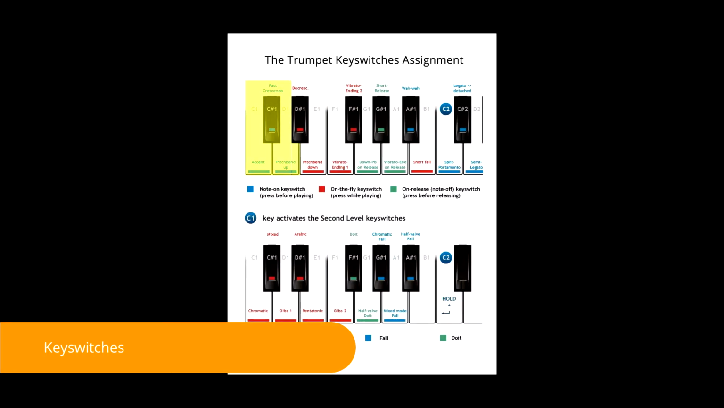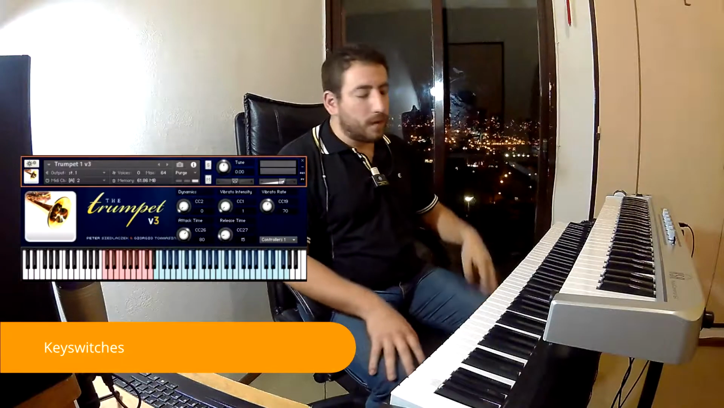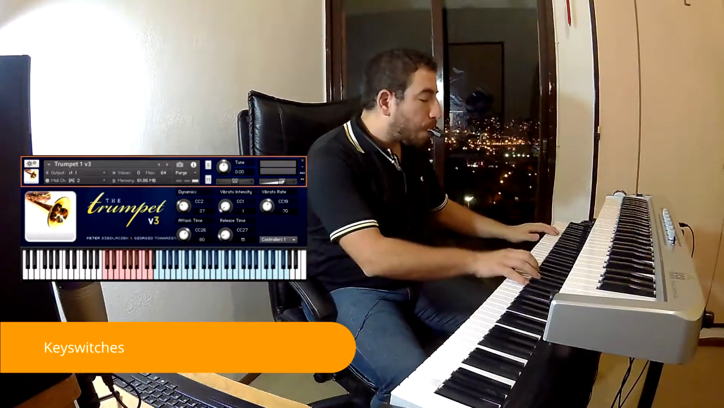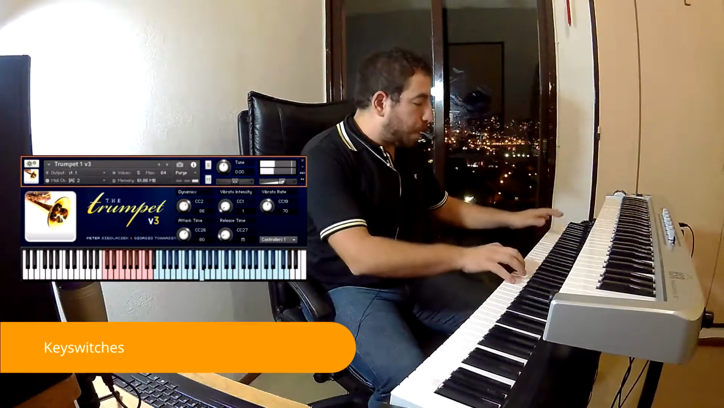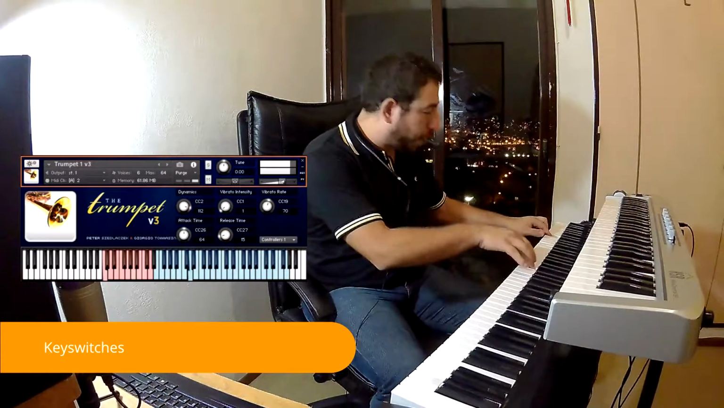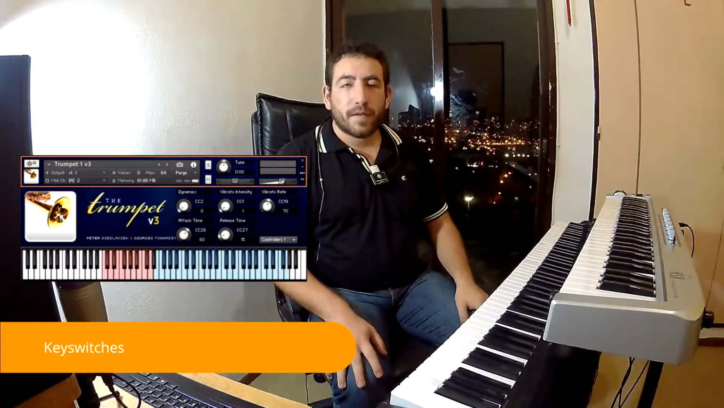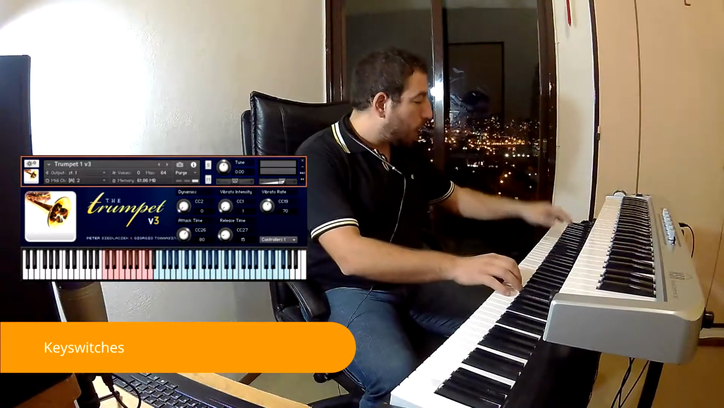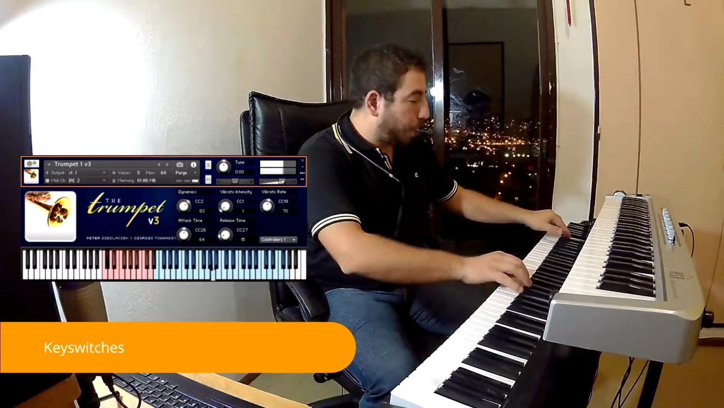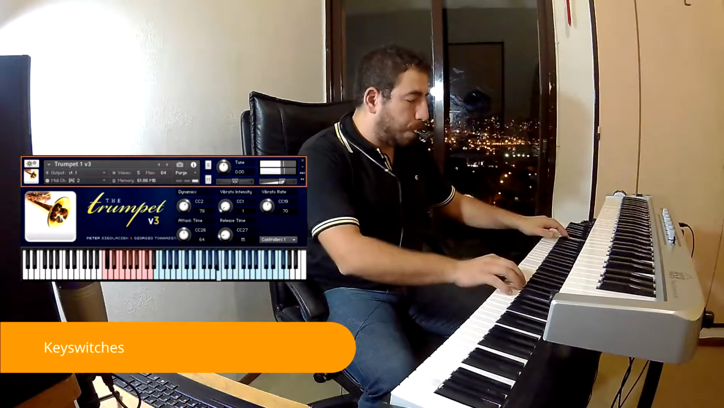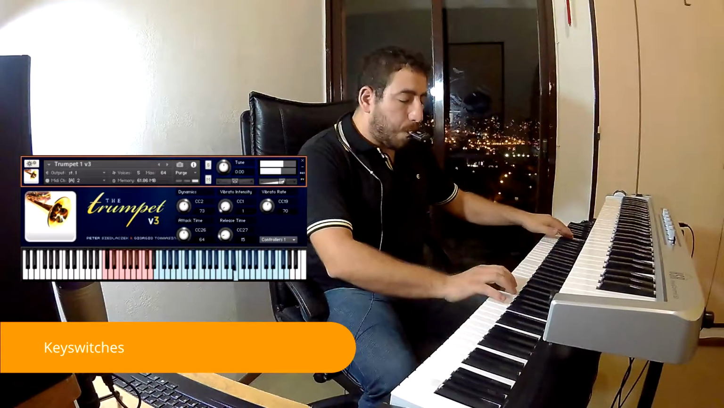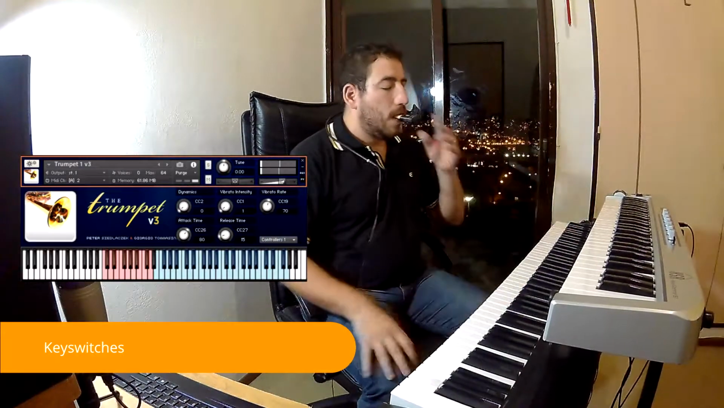Note-on key switches to be pressed before playing a detached note. We have C1 accent, the C#1 fast crescendo, D1 pitch bend up,